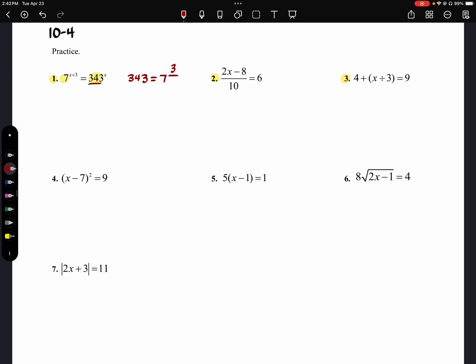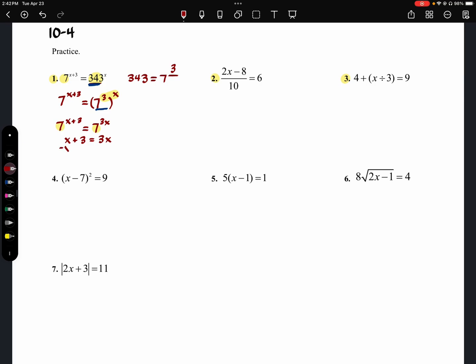So we go back over to our equation. I've got 7 to the power of x plus 3, and all I'm doing is changing that 343 to 7 to the third power. Now we're going to apply our exponent rules. Raising a power to a power, we multiply. So we have 7 to the power of x plus 3 is equal to 7 to the 3 times x, which is 3x. And now that both of the bases are the same, we'll pull out our exponents and set them equal